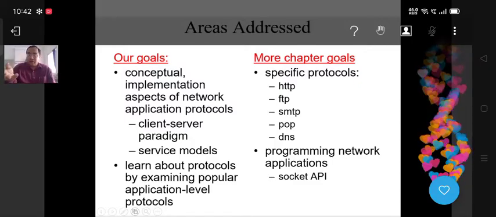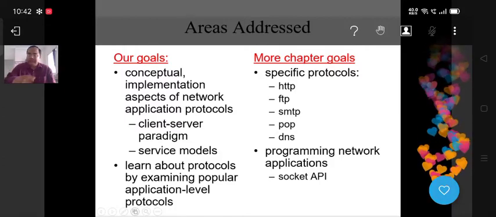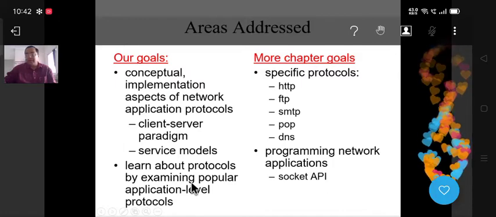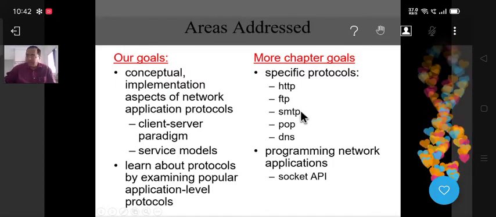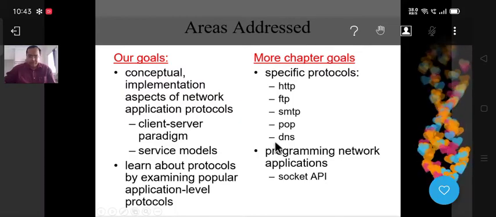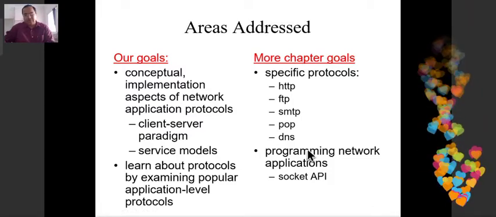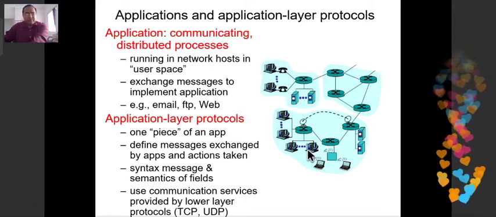We will learn the protocols HTTP, FTP, SMTP, POP, DNS. But believe me, all of you have used them already. You have browsed the web, that means you have used HTTP. You have used email, you send email, you receive email, that means you have used SMTP, POP. If you are browsing the web, basically you are taking help from DNS. We will get to understand these things. Then we will look into something known as a socket as well.